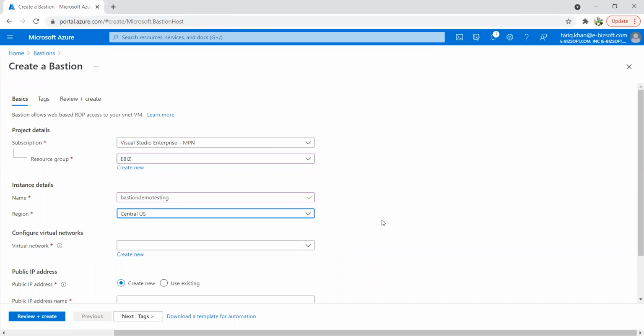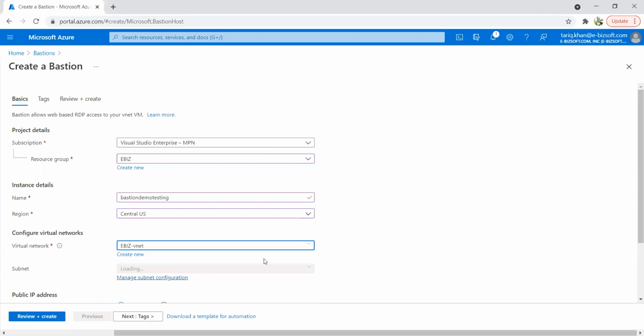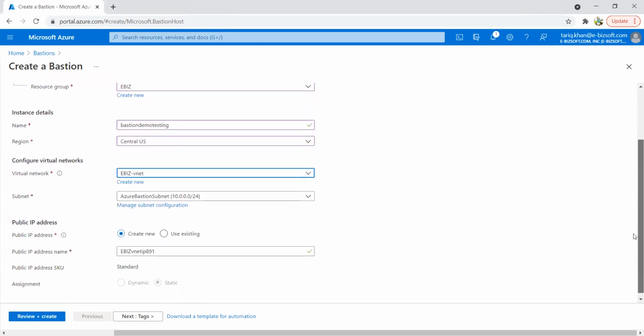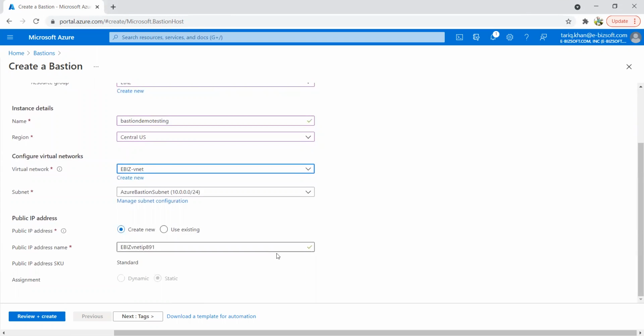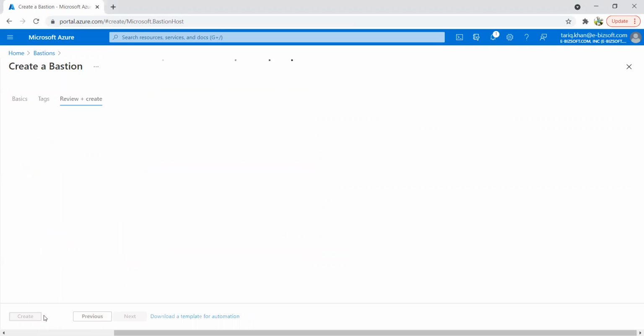Here you can see, and then I'll select the virtual network, and then simply click review and create Azure Bastion. Here you can see the subnet for Azure Bastion will be 10.0.0.0/24. So review and create.